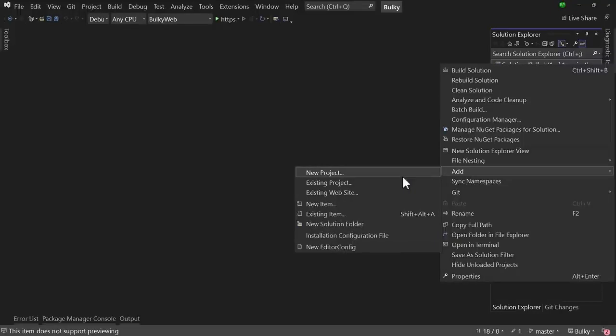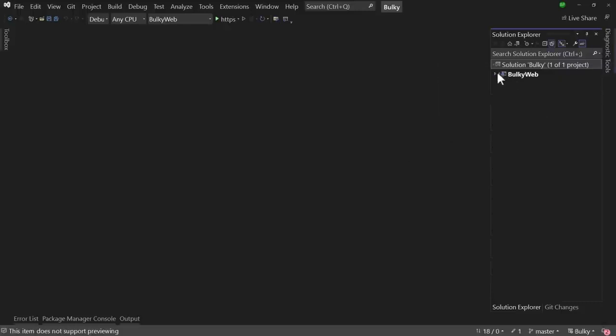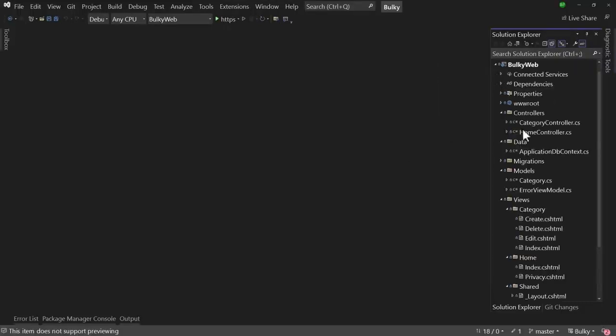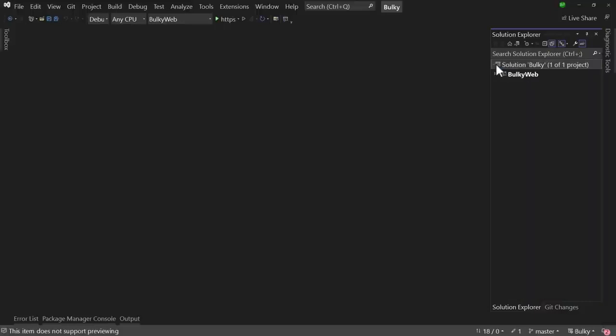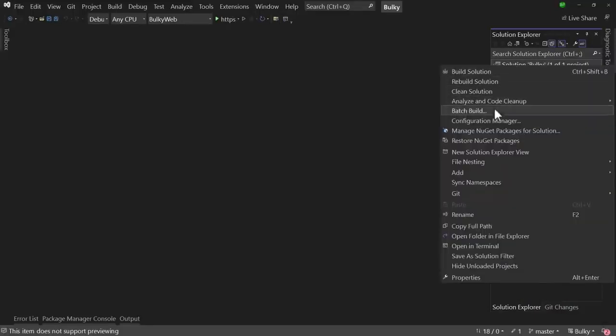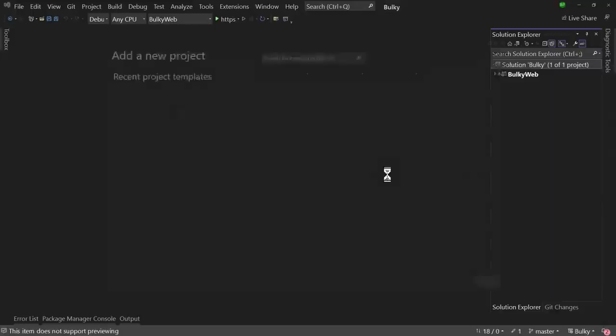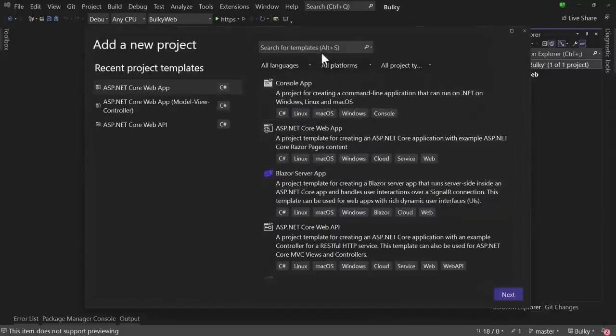Typically when we are working with a real world project, we do not like to cluster everything together. Like right now you can see we have the data here, we have all the models here. If we have any constants, we will add them here. But in a real world application, it is best to keep everything separate in its own project. So we will be creating class projects in solution, select a new project,